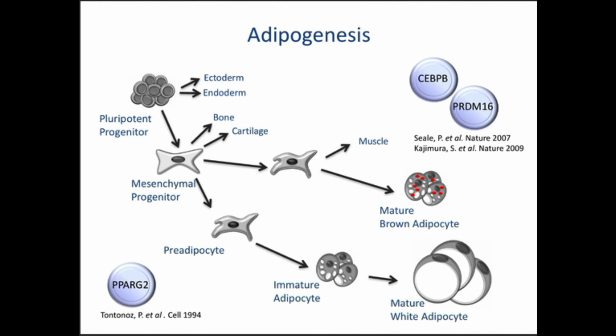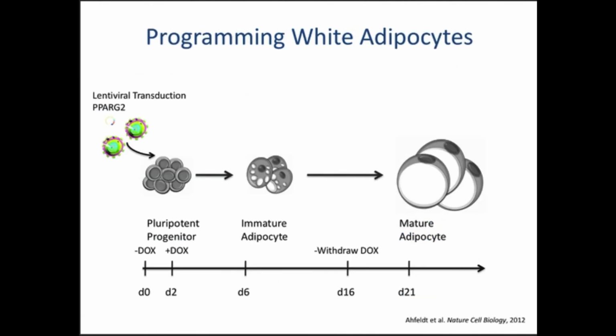And in fact, one of the first master regulators discovered was this gene PPAR gamma, which is really known to be essential in fat, and not just essential, but capable of making fat. So we had a really simple idea: what if we gave the cells this PPAR gamma in an inducible way? In other words, we could turn it on or off whenever we wanted. Would they become fat as a result of initiating the transcriptional cascade that's normally in fat cells?